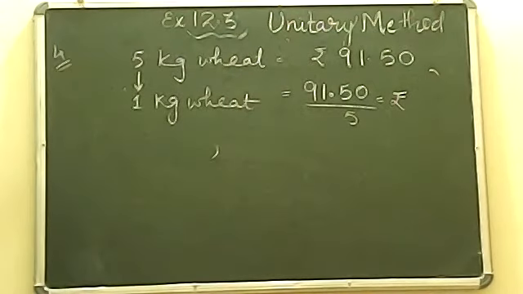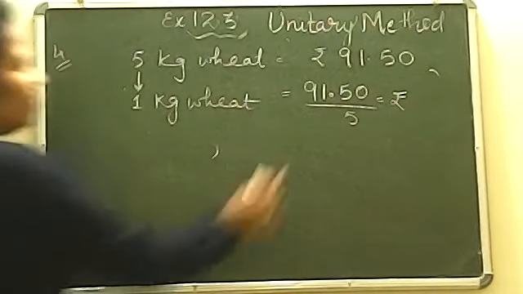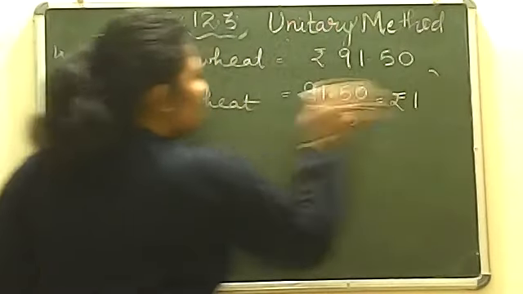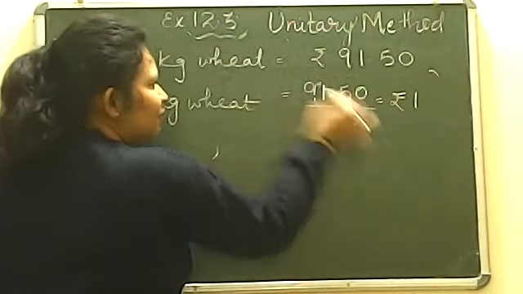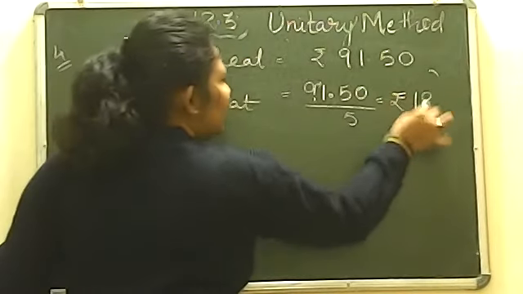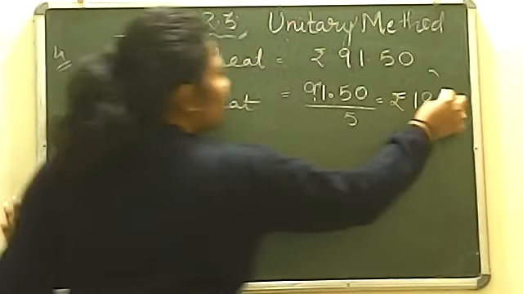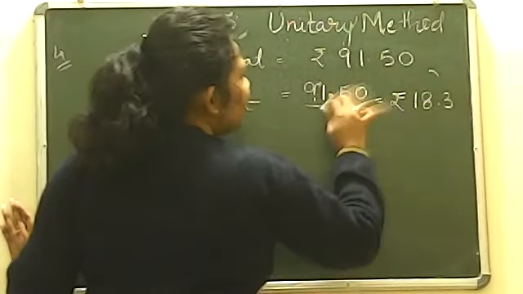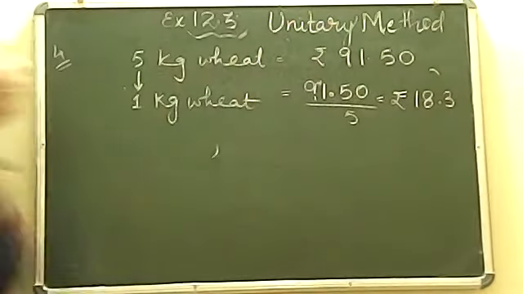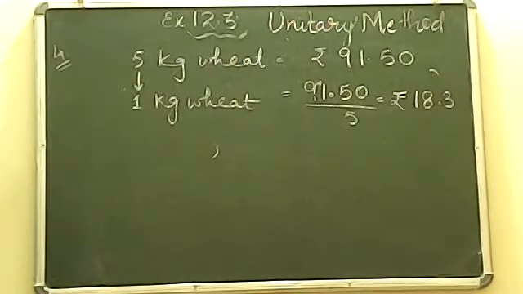18.3. Sanath has written 18.3, correct answer. How will we do that? Look here: 5 ones are 5, 4 will be left. 5 eights are 40, 18 carried over, and then 5 threes are 15 and 0 is 0. So that is 18.3. You can write it down as 18.3 or 18.30. Both are fine. Okay?